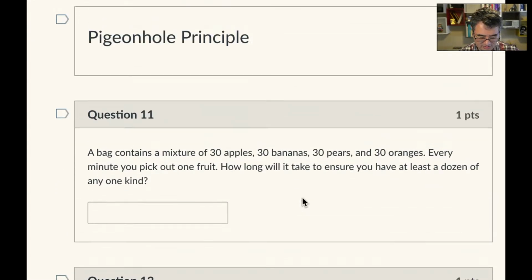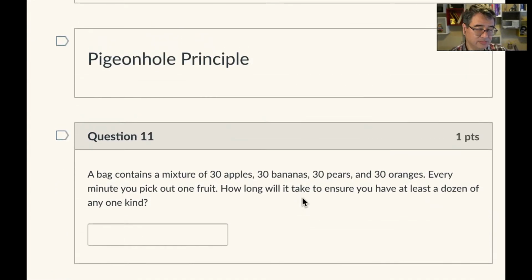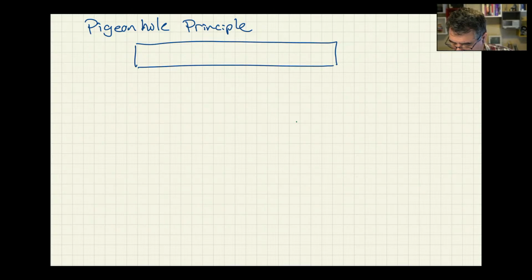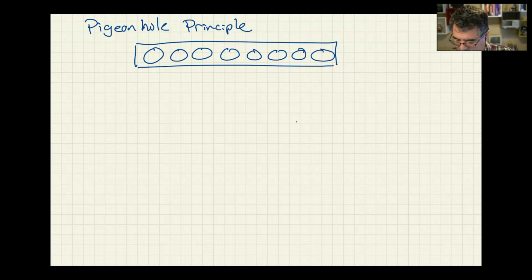Okay, we're almost at the end. So now we're at the section called the pigeonhole principle. So in the pigeonhole principle, the concept is you've got this row of pigeonholes where pigeons can fly into them, and the pigeons don't like to be in a hole with another one. So if you were to release a whole bunch of pigeons and they were to fly to their home, then